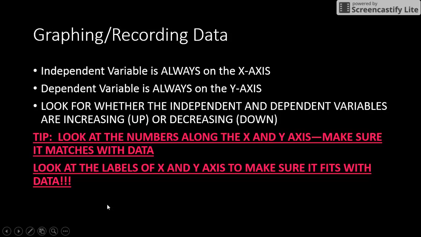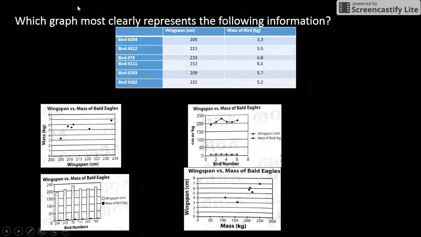Here are our tips for how to answer these questions. Look at the numbers along the x and y axis. Make sure it matches with your data. Then you're going to also look at the labels of the x and y axis to make sure it fits with the data. All right. Which